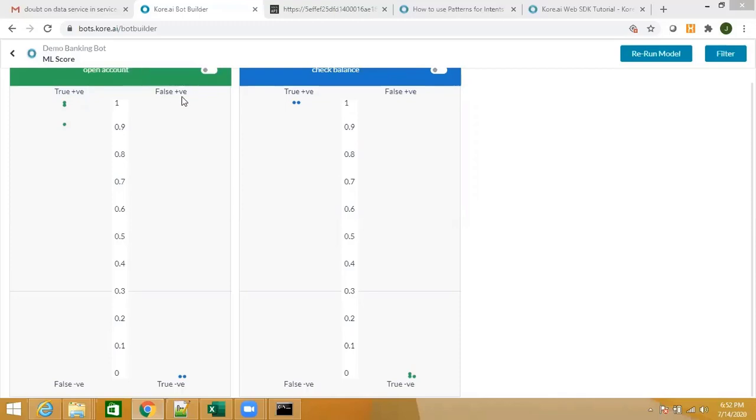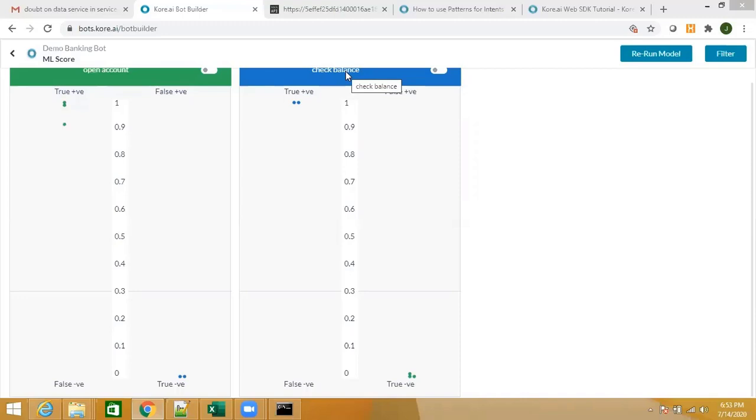There are two other quadrants here, the false positive and the false negative. False positive shows you all the utterances which have been trained for some other intent and are incorrectly identifying this intent. This situation arises if there are overlapping utterances. Maybe the utterances with which you have trained this intent and the utterances with which you have trained another intent have words which are common amongst themselves.